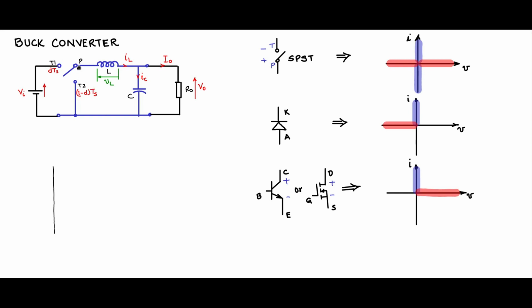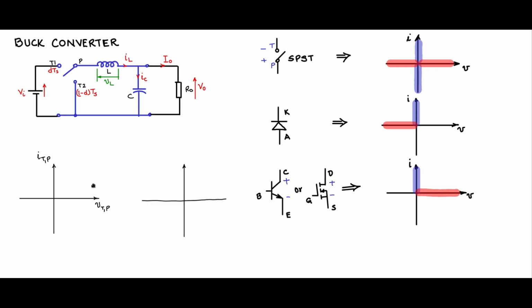Now there are two throws, T1 and T2. PT1 is one semiconductor switch, PT2 is another semiconductor switch. Let us take one static characteristic for PT1. We will call this voltage T1P. I am taking T1 as the first node and P as the second node, with current I T1P. The positive direction of current flow is T1 to P, and positive for the voltage support is T1 more positive than P.